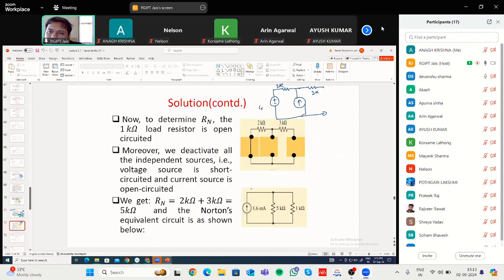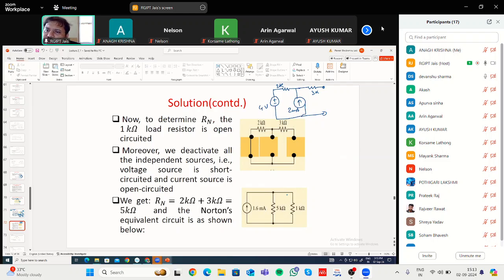This is 4 volt. This is 2 milliampere. Okay. So to find the Norton's equivalent resistance, the procedure remains the same as Thevenin's theorem. So first you have to remove the load resistance. That means replace the load with an open circuit, and